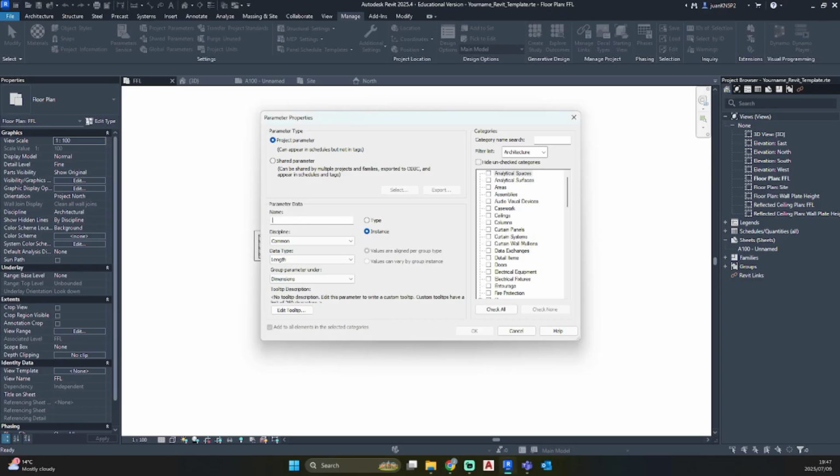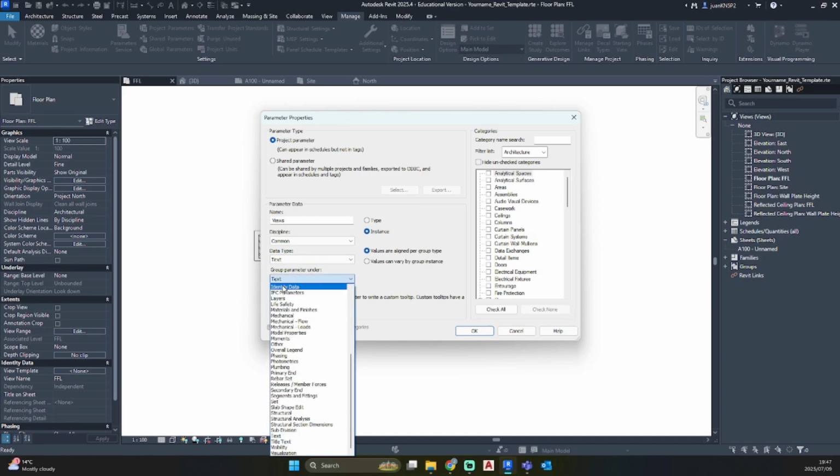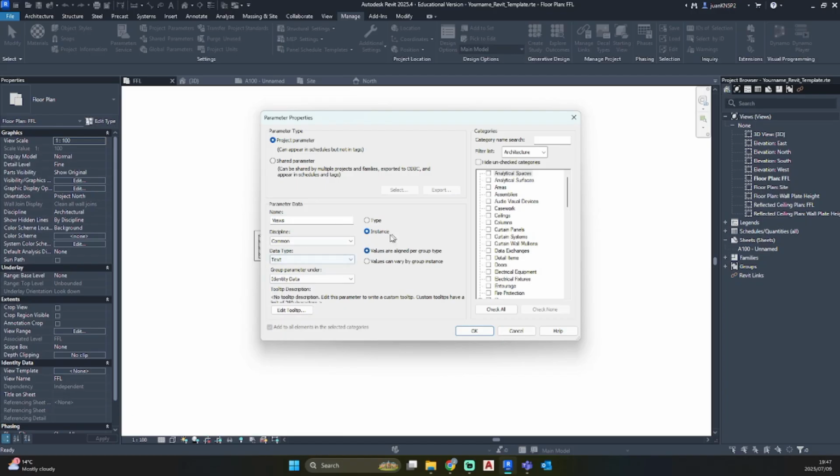So let's name this parameter Views. Change your data type to text and group parameter under Identity Data. Just make sure that this stays at Instance.